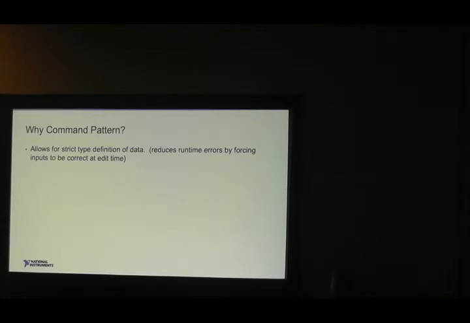Well, it's because it gives you a strict type def of your message data. So this means that when you're composing the message to send, you can't accidentally put in the wrong data. Instead of it being a flattened string or a variant or something else, and I've used all those in the past, you're forced to give it the right data type. And this means that you're going to reduce your runtime errors, because you're not going to try to decode this message at the other end and find that it doesn't match. It won't unflatten because the wrong data was sent. So for me, that is a benefit. Again, a lot of people argue against that.